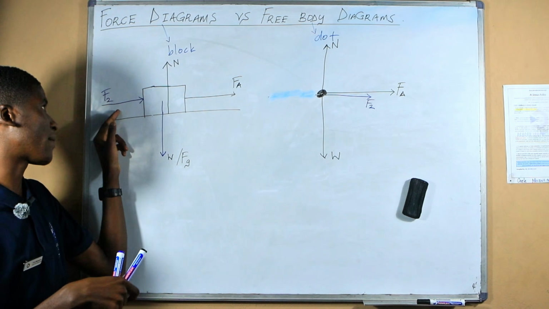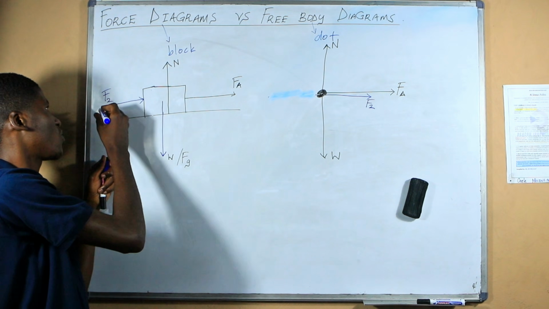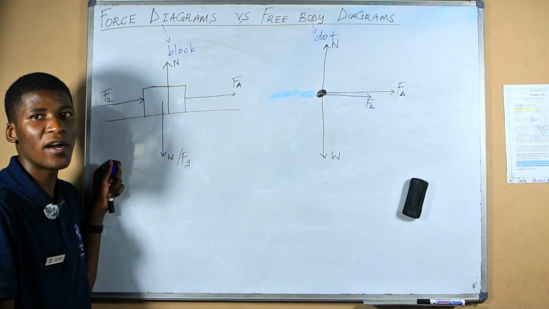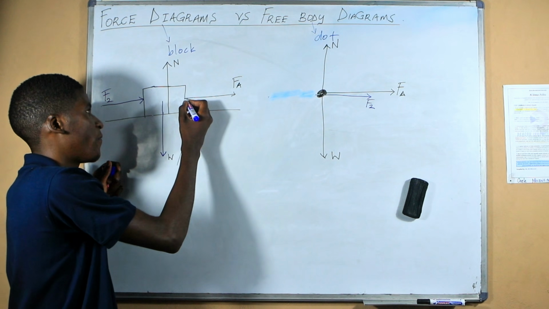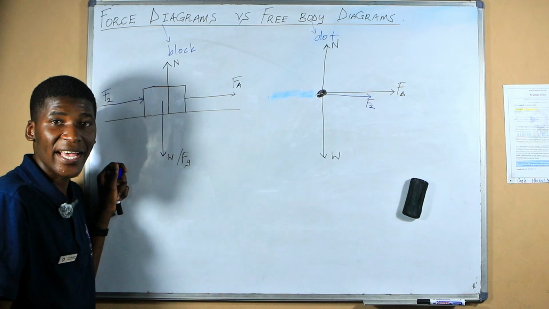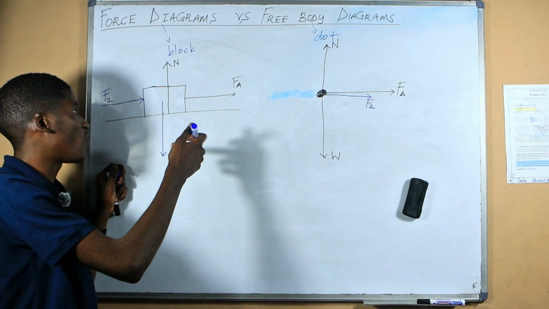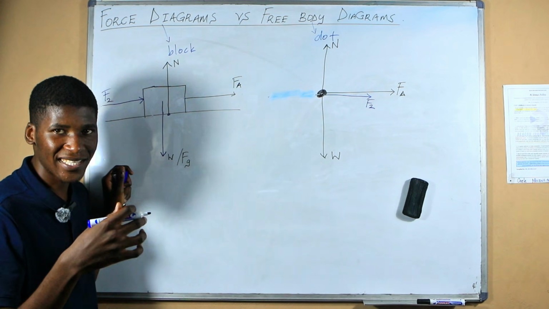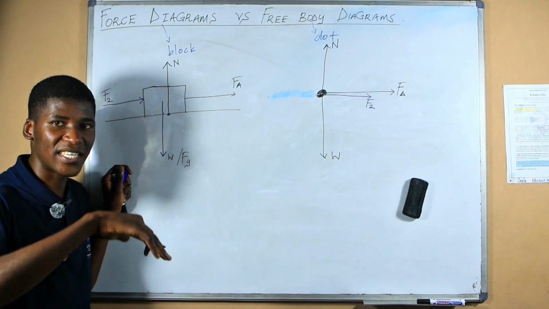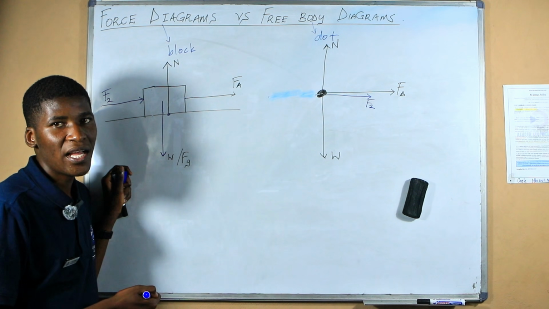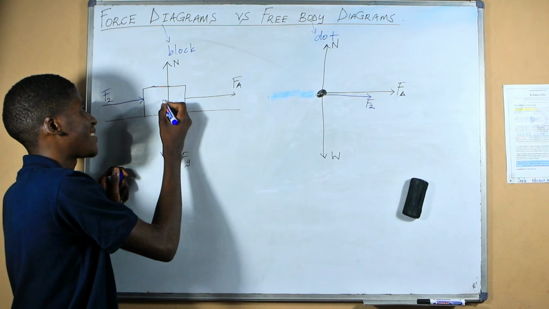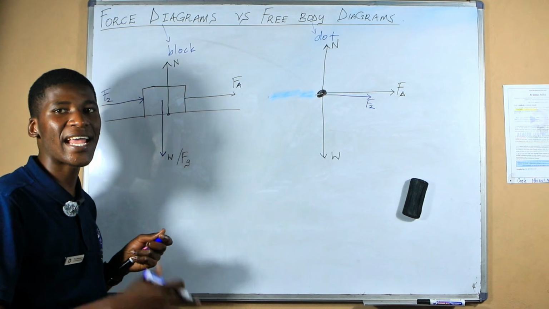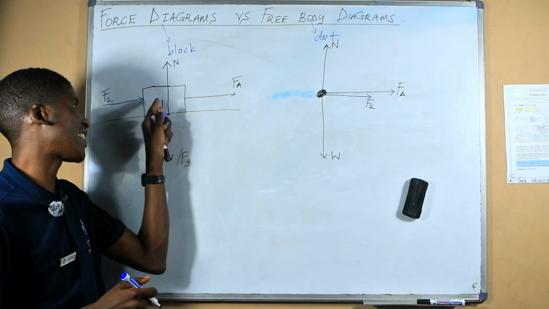But in a force diagram, it is possible for a force to start there and end here at the dot to show that you are pushing the block. It's possible for the force to start here and end somewhere else. As for the normal force, it is supposed to start at the surface always, because it's a force applied by the surface on the object in contact with it. And for the gravitational force, it must start at the center of the object, because basically the gravitational force pushes down the object on its center here.